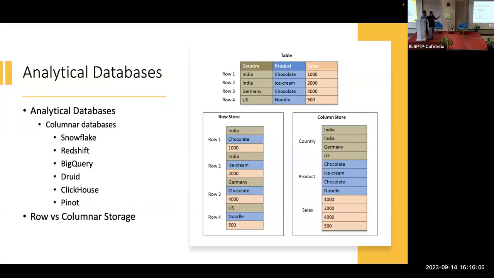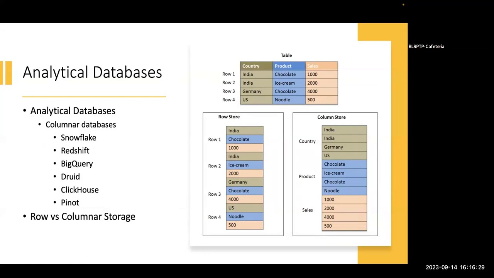So very quickly, these are some analytics databases that I have listed here. Snowflake, Redshift, BigQuery are your closed source offerings, available as a database as a service. The bottom three, Druid, ClickHouse, Pinot, are just the few that I follow. The bottom three are all open source, and they're also available to use as a database as a service.